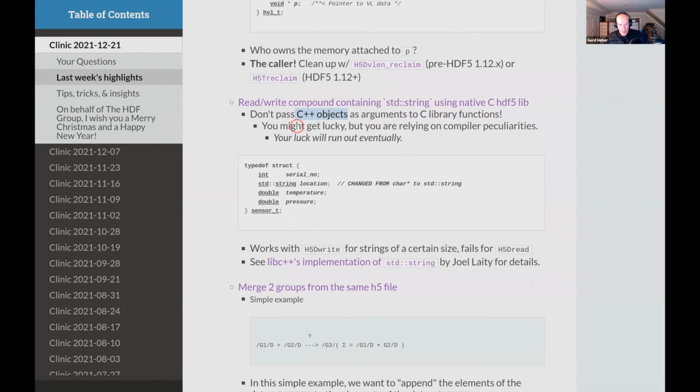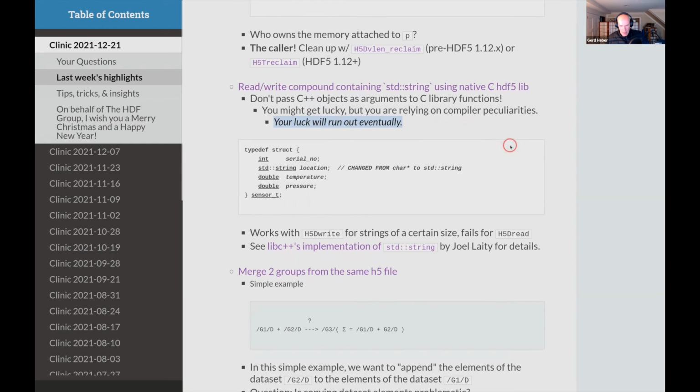If you get lucky, that's good for you, but you are really relying on a peculiarity of that compiler. I can assure you that your luck will eventually run out, when you switch platforms and use a different compiler, or the implementers of that compiler change their mind and change the representation.